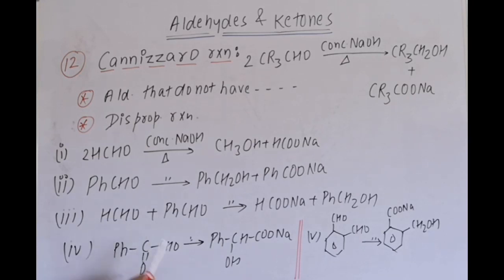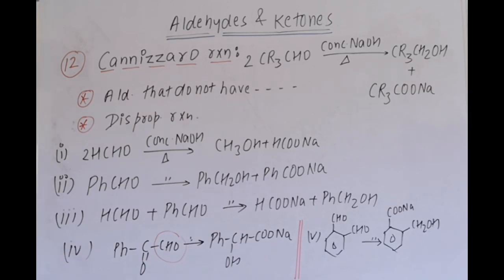Then fourth example, within the same molecule we have 2 carbonyl groups. One is C double bond O here, other is C double bond O. Now there is no alpha hydrogen. That means it is Cannizzaro. And which Cannizzaro? It is intramolecular Cannizzaro. Now between these 2 carbonyl, it is C double bond O with hydrogen, it is C double bond O with benzene. Which C double bond O is more reactive here? This C double bond O is more reactive here, then this will be oxidized to carboxylate salt, and the other C double bond O is reduced to alcohol.